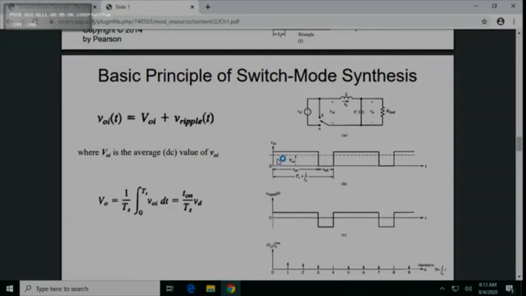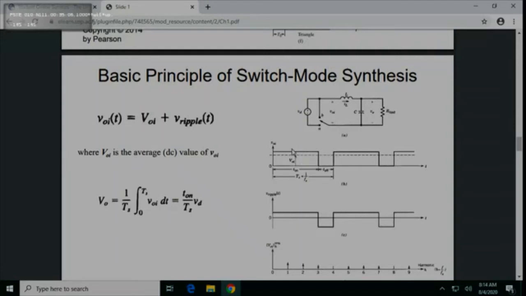How is the ripple calculated? You see the reference, which is our VD, minus VO, you will have this ripple here. So this minus this, you have it here, and VO minus the reference VD, we have here. This is our ripple. So what basically this circuit is doing is giving you a desired output. How? By looking at the ratios, T on time and T off time. The longer the transistor is on, the higher the value of VD, because it is on for a longer period of time.